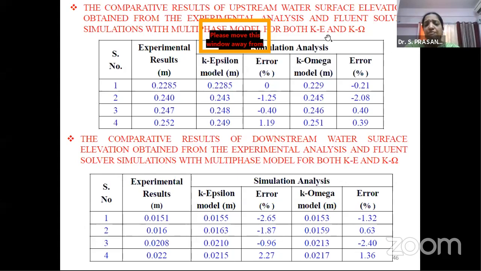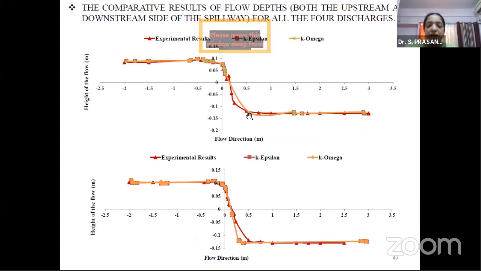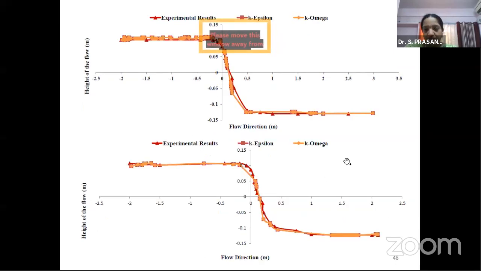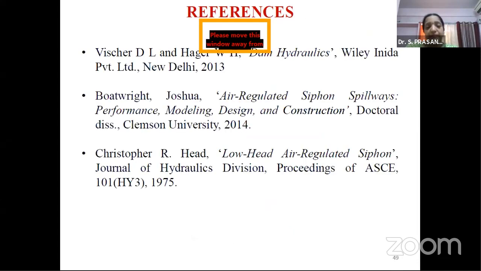Both the models I have shown you, the K epsilon model and the K omega model, were giving similar results when taken with the analysis. Now this graph shows you the different forms of the comparative results of the experiment and even the K epsilon and K omega values for all the 4 discharges. So I just wanted to conclude here by saying that